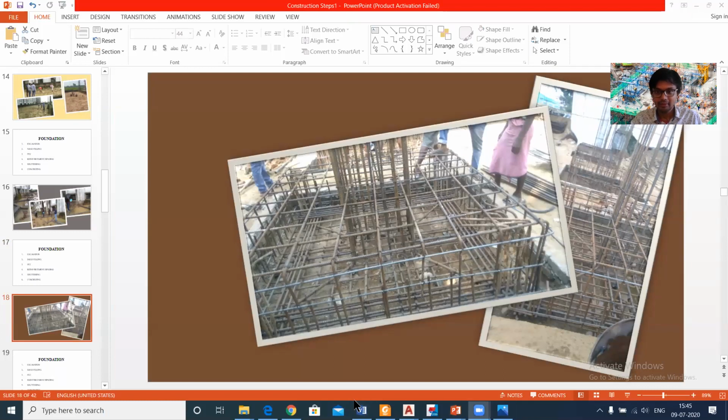switch off the screen share. Okay. So basically, when you are at a site, you get the structural drawings and the architectural drawings. Now you are at the time of the footing casting. Before the footing casting, you need to decide how much reinforcement you need to procure at the site. Suppose, as you can see in this drawing, there is 16 mm reinforcement in the footing. How many pieces of reinforcement do you need to procure? You need to calculate that, and then procure or buy the materials.